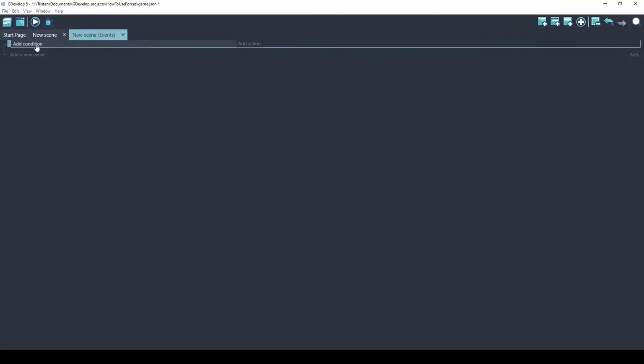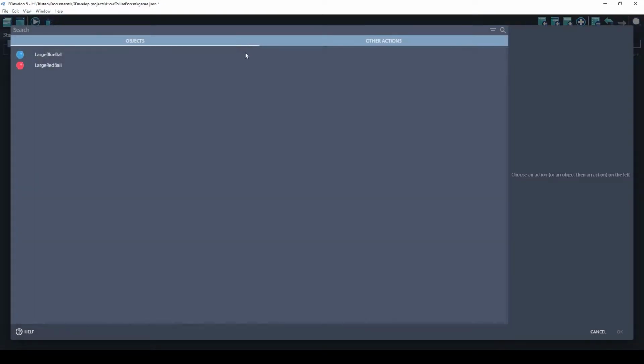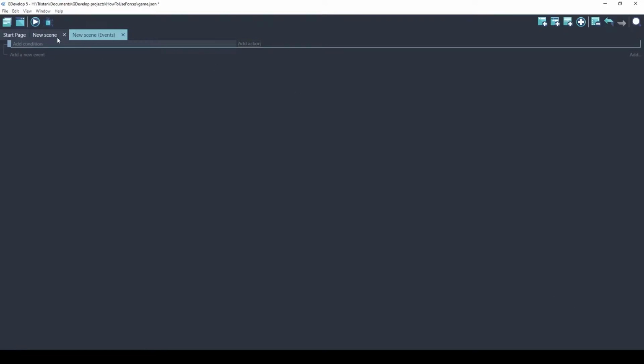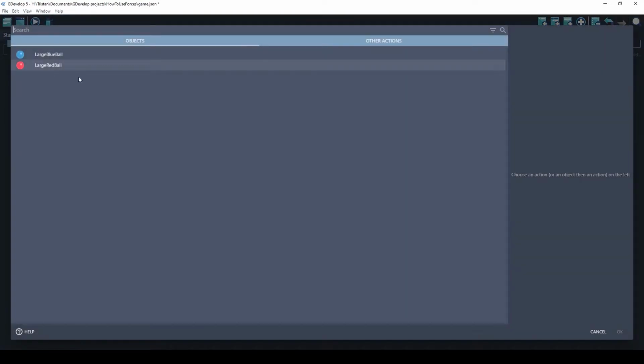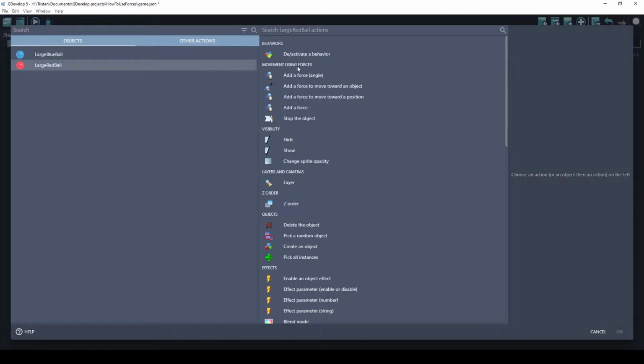To add a force to this, you just click on the event tab, and we're going to create an action. You click on the object you want to move, and see where it says movement using forces. We have these options here. Let's just try the first one. Add a force